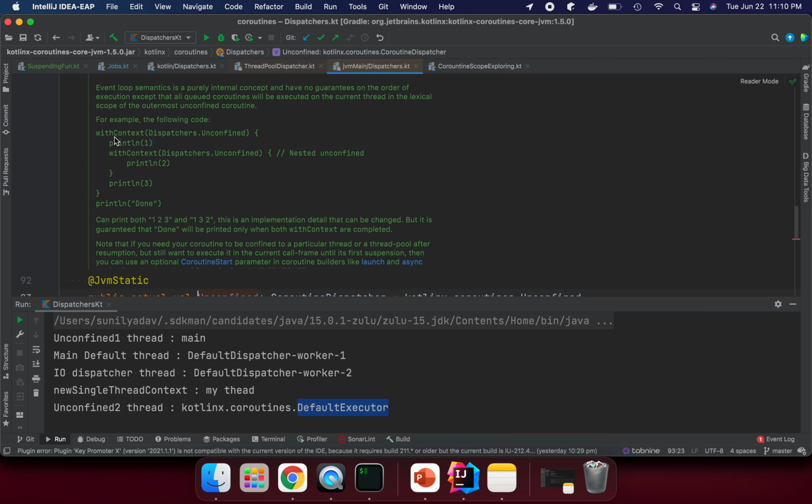So basically both contexts are going to complete. Note, if you need your coroutine to be confined to a particular thread pool, but still want to execute in the current call frame until the first suspension, then you can use the optional coroutine start parameter. So let me run this one.